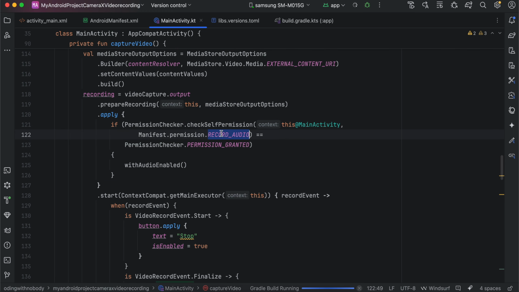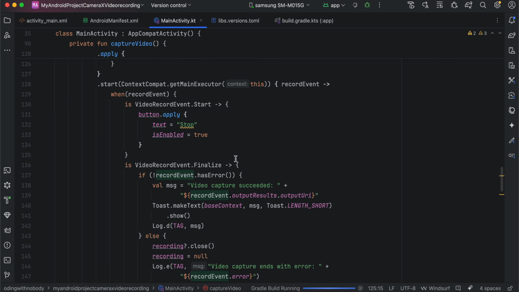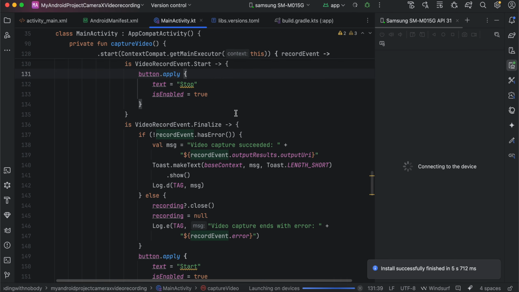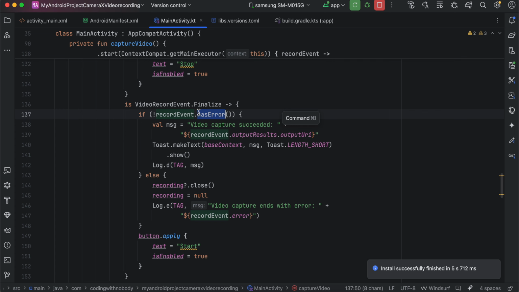If it is equal to record audio, that means the permission has been granted, so we just do with audio enabled as well, otherwise the audio is not enabled for recording. Then we start our executor, and if the video record event is the start event, then we change the text of our button as well as enable it. Okay, I'll just minimize this. Okay, and if it is finalized, then here you can see, and if it does not have any error,